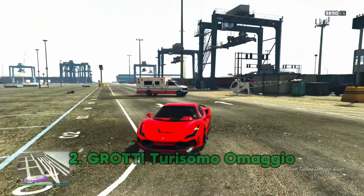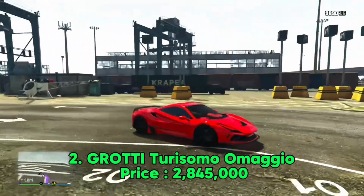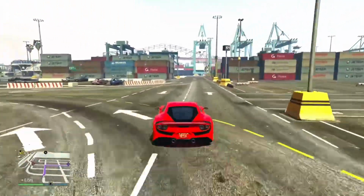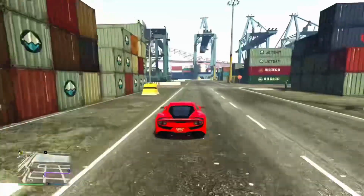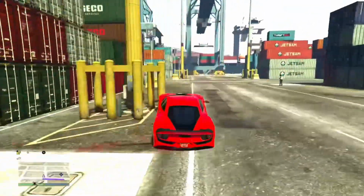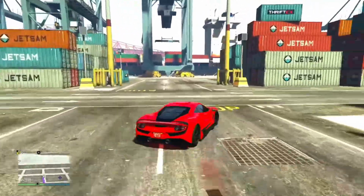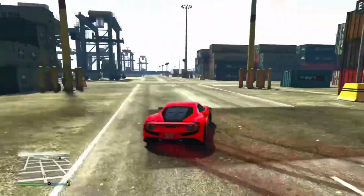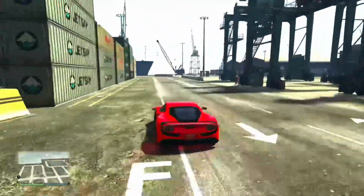But anyway, moving in at number 2, look at this absolute beauty. This is, of course, the new Grotti Turismo Amaggio. It is absolutely a monster, bro. This thing is very good off the line, unlike the Emirates. But like the Emirates, it turns very well on corners. Ignore that little crash there. I came here to the shipyard so you could actually see how well this thing turns, like even at high